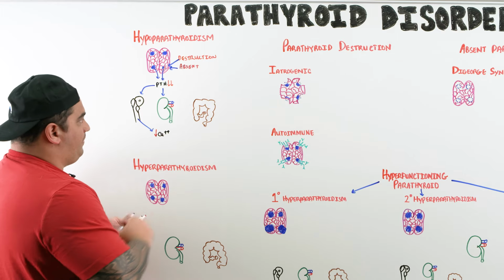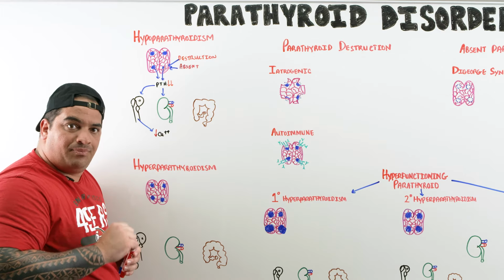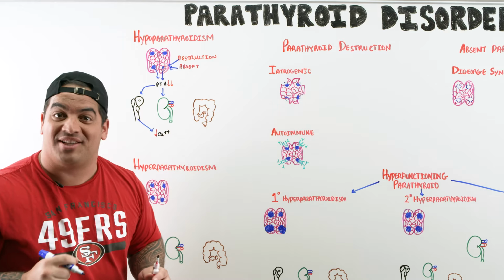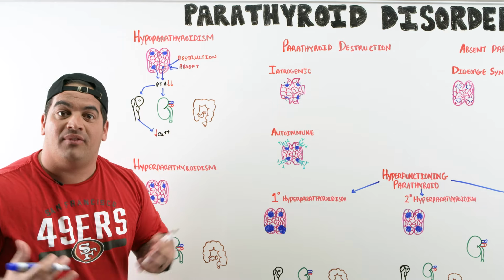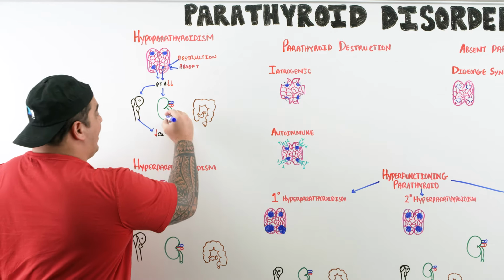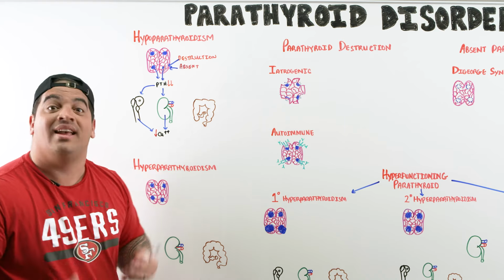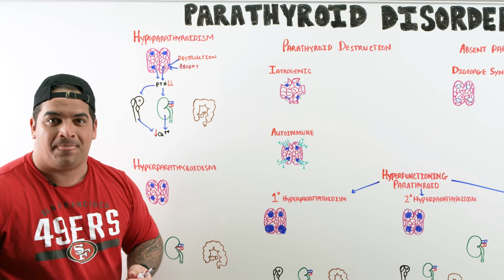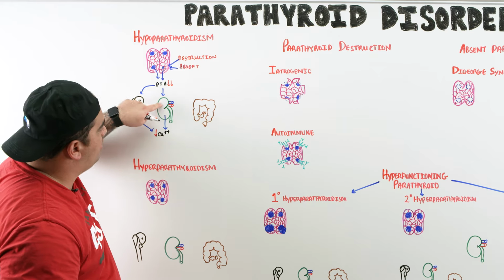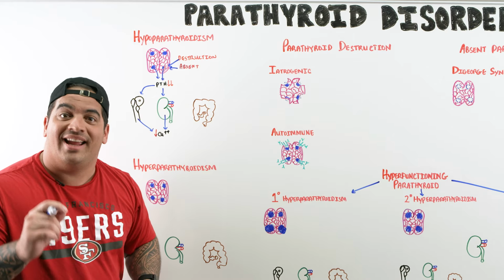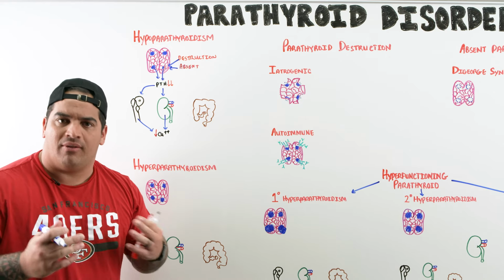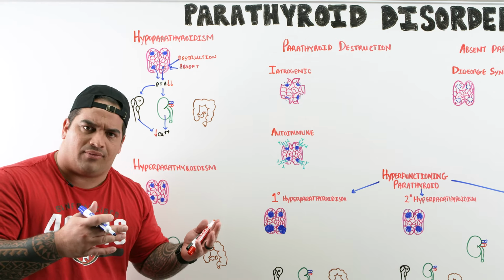The other thing is that it also works in the kidneys through two mechanisms. One mechanism is that it helps reabsorb calcium across the distal convoluted tubule. But if you don't have PTH present, can you reabsorb the calcium? No. And so you can't reabsorb calcium into the bloodstream. This leads to hypocalcemia. The other problematic issue is that PTH also acts on the proximal convoluted tubular cells and triggers the kidneys to activate vitamin D. So it helps in converting 25-hydroxycholecalciferol into